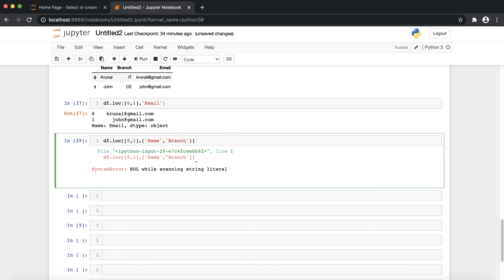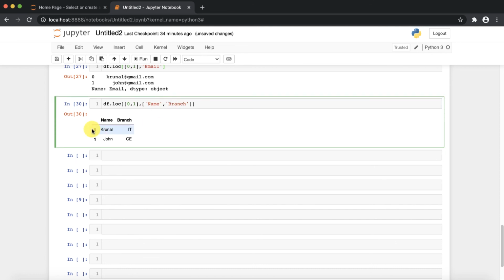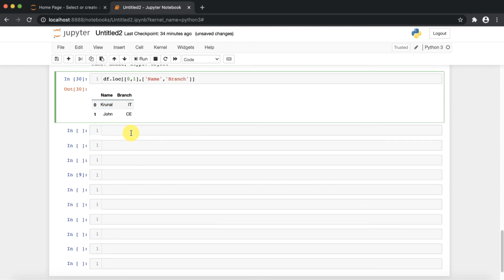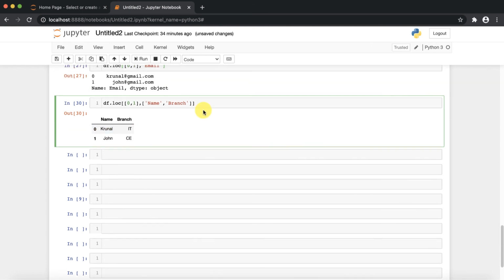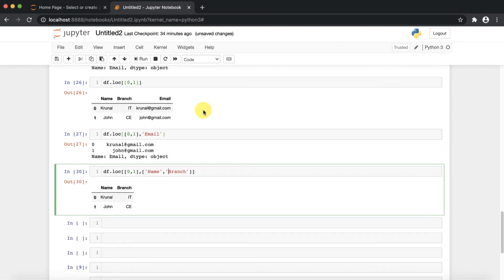There is a mistake here, so you need to check where you are making the mistake. Here you can see this is simplified. Like this you can access the data of your particular data set.